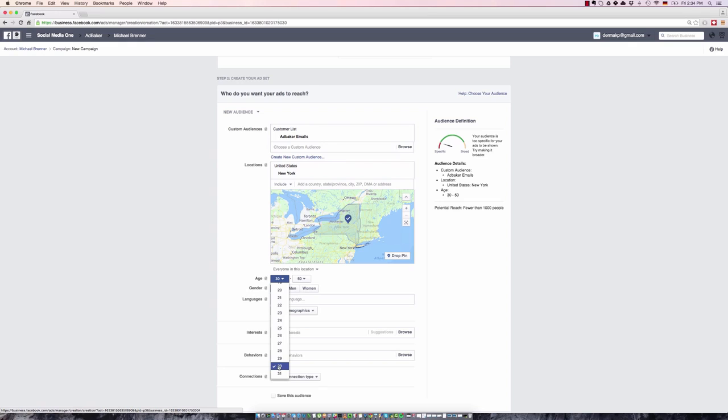These guys are settled, they have a job, they have a decent amount of money that they earn every month. So these are the ones who can probably afford your higher ticket coaching. If you're promoting something a little bit more expensive on Facebook, just make sure to not target customers who are between 18 and 25. Go for the ones who are a little bit older than 30 years.